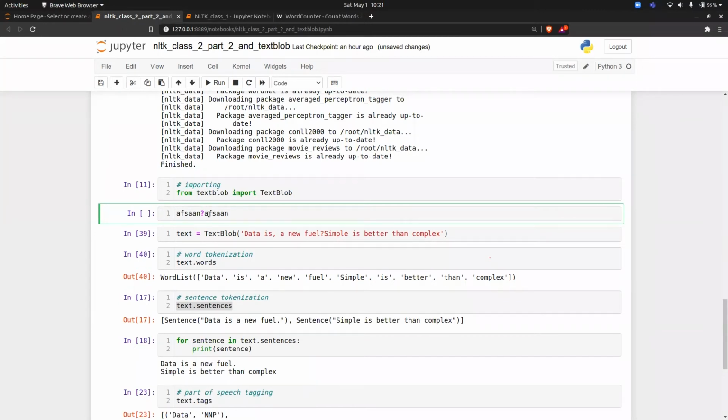So it is a machine learning library, right? So it is trying to identify that this is a question mark, and the user has by mistake not written the space. So that's why it tries to do the word tokenization. But now tell me about this: Afsan at gmail.com. This is a single word, right? Yes or no? Yes, it is considered as a single word. This is what it is trying to do behind the scenes.